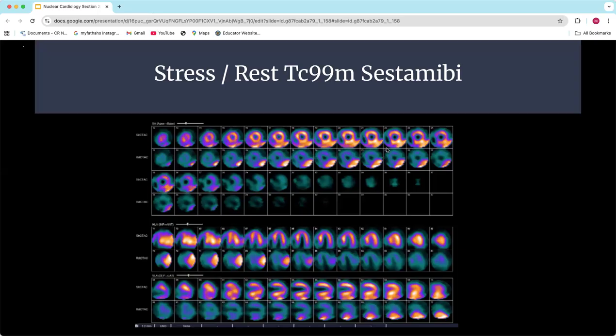But can you imagine on this scan, a doctor could look at this and say, okay, I don't appreciate that these pictures are terrible, but I can at least see that there's not a defect down that inferior wall. But what if this stress came up and there was a huge defect in this inferior wall? On this test, let's pretend there's a defect there and this one looks exactly like this. Can I tell if it's ischemia, or if it's fixed or reversible?